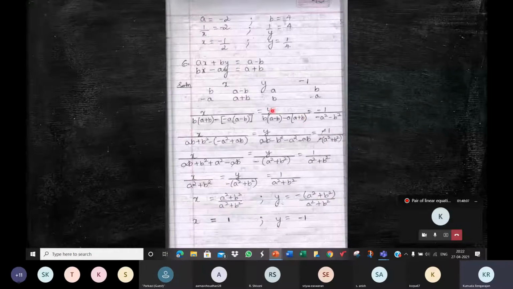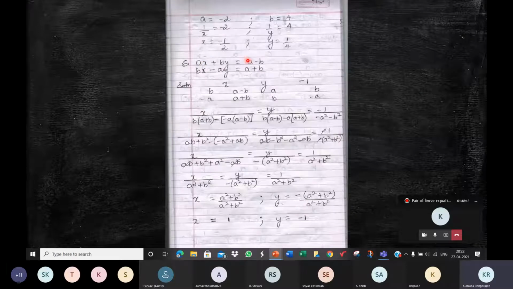Now in the second one, x and y are clearly in the numerator. They are linear equations in x and y. So you can straight away put it in a particular form. Here we have x and y on one side and the constants on the other side. I told you how to identify the constants. See here a minus b, there is no x or y here. So that's a constant. A plus b, there is no x or y here. So constant it is. But see here, this is the x term, because ax is the x term. Bx is the x term. This cannot be the constant. This is the x term. This is the y term. Constants.